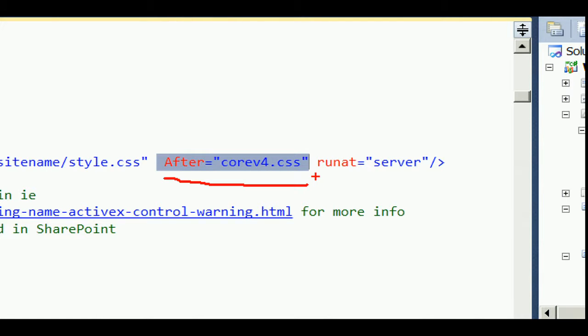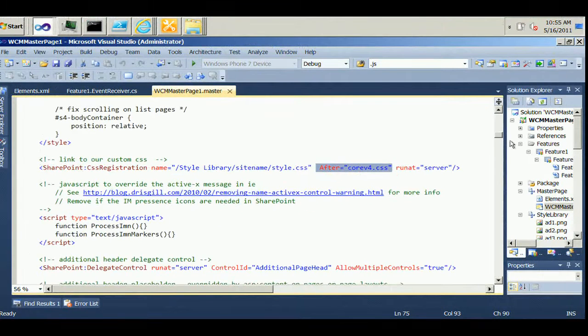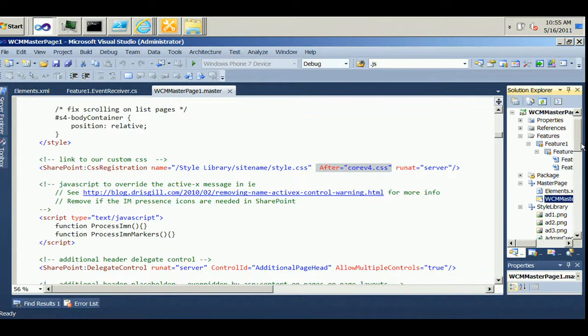The issue is when you're building a highly designed site on top of SharePoint, the SharePoint creators may have made some decisions in their CSS that you don't agree with, right? Which luckily CSS lets us handle. The way CSS lets us handle that is if we have our CSS load after this CSS, we can basically override and change any of the style properties that they've selected inside of their CSS. And so that's why this particular control is so important, because it controls the order that the CSS is loaded. And we can specify that we want ours to load after